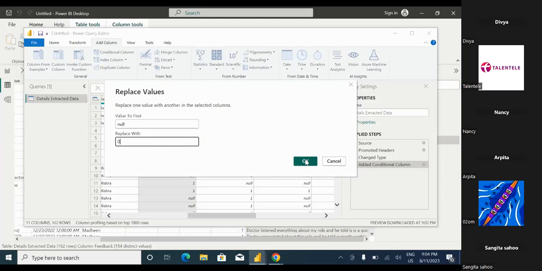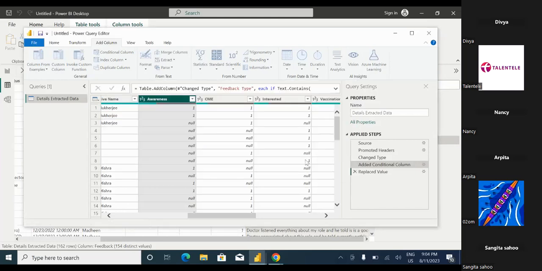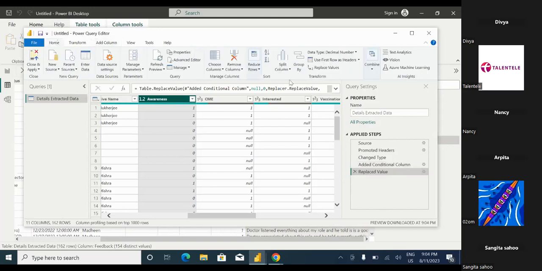Okay, I'll put zero here. I need to change the data type for that. Okay, 0 or 1 you can put it. Now suppose if you want to put something else over here, then what will I do first, this decimal